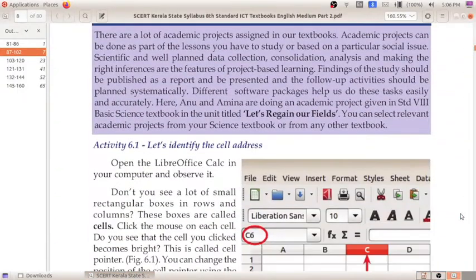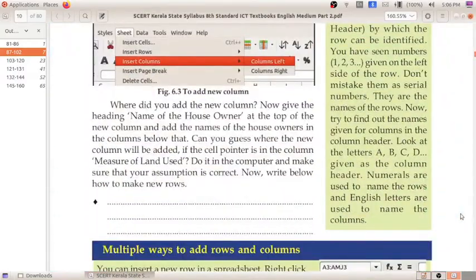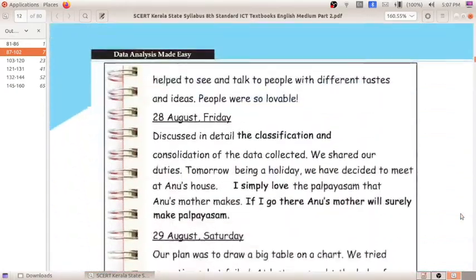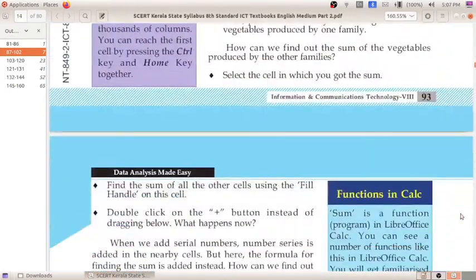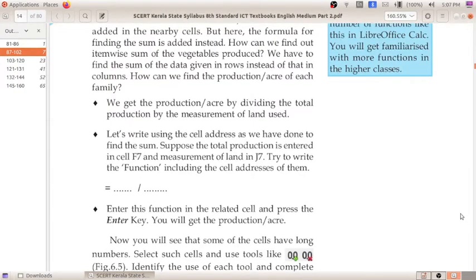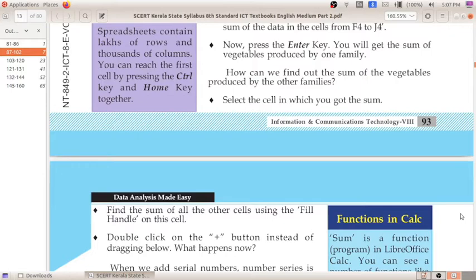The first activity we have done is to find the cell address, right? You all will be knowing that, and to insert rows and columns. In the last class we have done the activities related to finding the sum using the formulas.